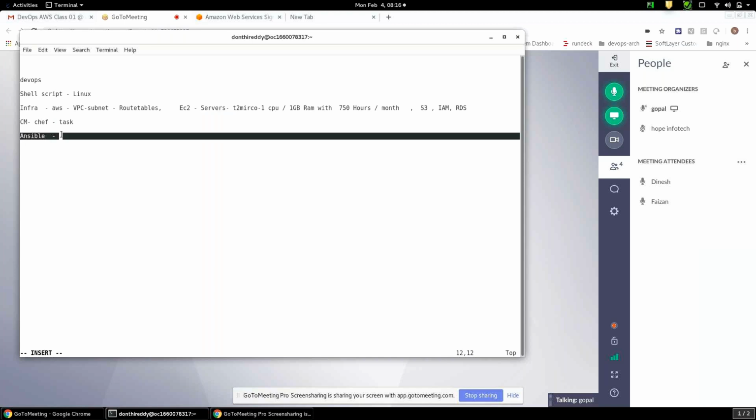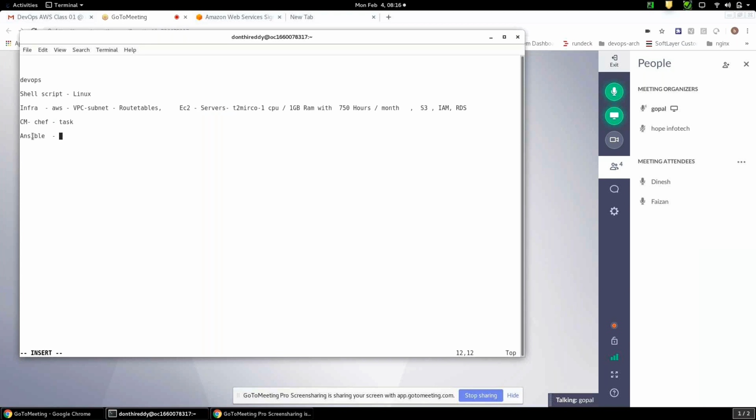So you have to log into the Ansible server and execute the script on the remote servers. In the Ansible configuration file, you give the server name, username, password, and you tell Ansible to execute. Then Ansible will go and connect to the servers and execute. That's the major difference. Other than that, the automation that Chef can do, Ansible can do, and what Ansible can do, Chef can do. The way they execute and function makes the difference between them.